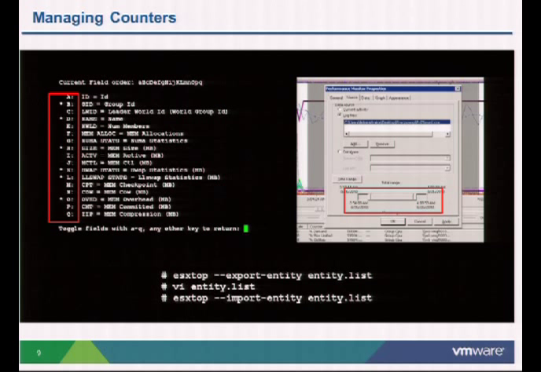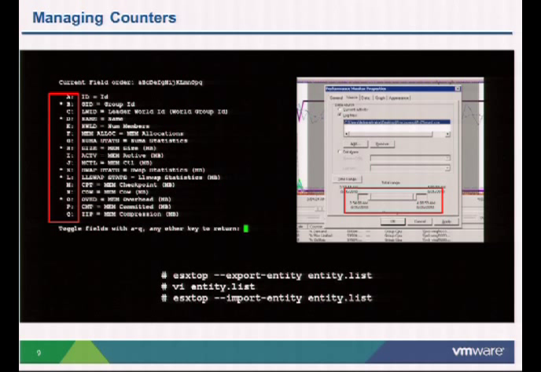And then there is this option, which not many people are aware of. If you want to limit the rows or any kind of information that you're not interested in collecting, apart from the counters, but the rows themselves. Rows would be things like the number of VMs you have, the number of various different LUNs you have, or the interrupts that you have. All that data gets collected from your ESX host, right? You may not need some of it. You may not be interested in any of this data when you're collecting in batch mode. So what you can do is run the export entity command,